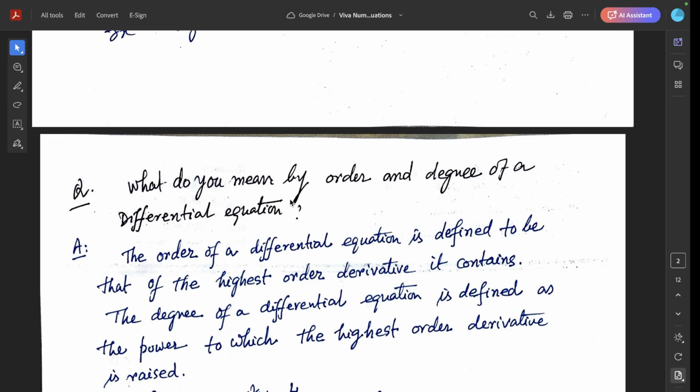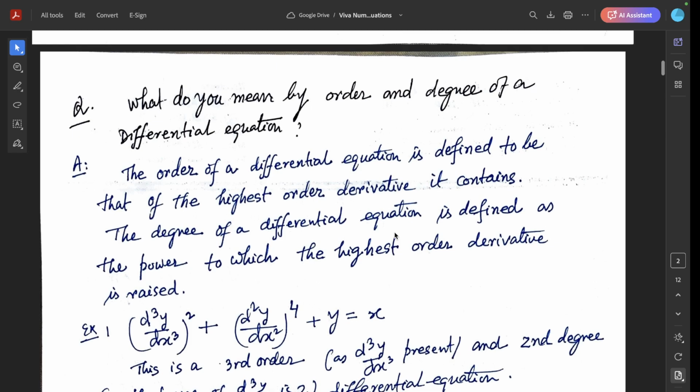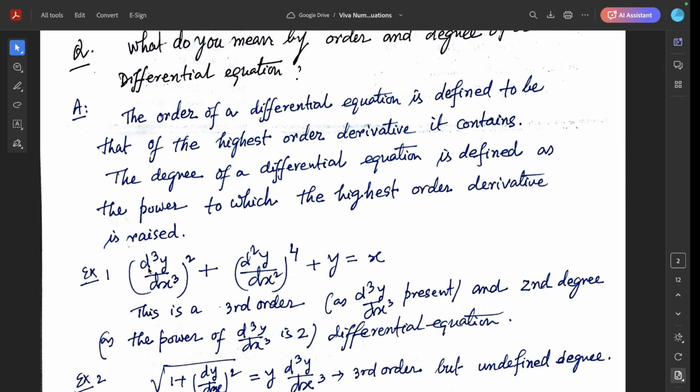Next question. What do you mean by order and degree of a differential equation? The order of a differential equation is defined to be that of the highest order derivative it contains. The degree of a differential equation is defined as the power to which the highest order derivative is raised. Example, (d3y/dx cube) whole square plus (d2y/dx square) whole to the power 4 plus y equal to x. Here the highest order derivative is d3y/dx cube, so third order derivative. The order of this differential equation is 3, and the power of this third order derivative is 2, so the degree is